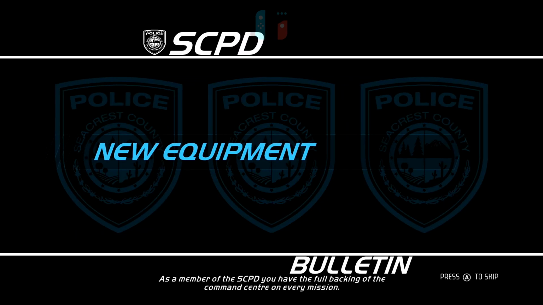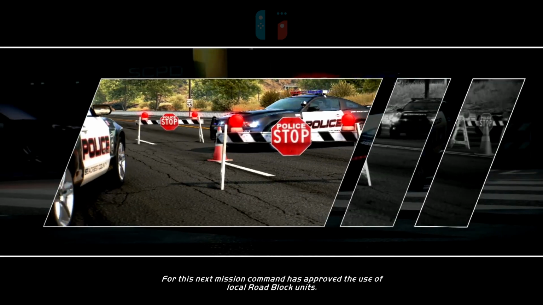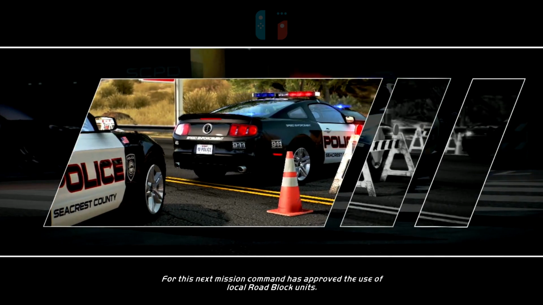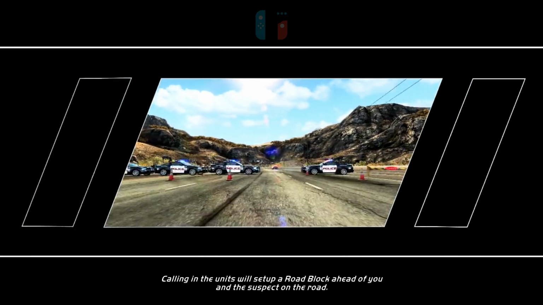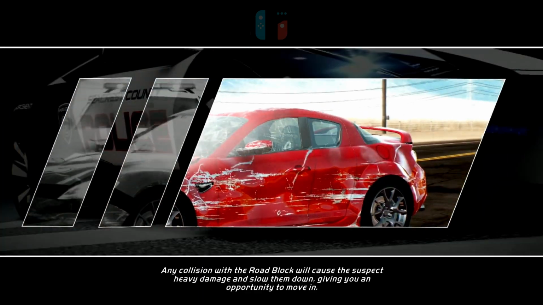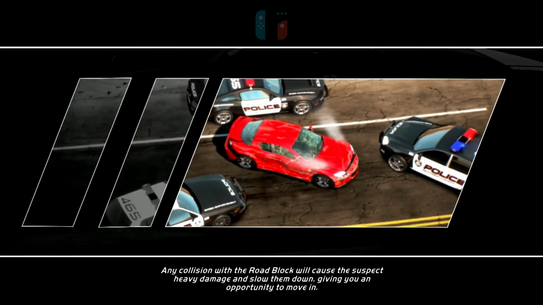As a member of the SCPD, you have the full backing of the command center on every mission. For this next mission, command has approved the use of local roadblock units. Calling in the units will set up a roadblock ahead of you and the suspect on the road. Any collision with the roadblock will cause the suspect heavy damage and slow them down, giving you an opportunity to